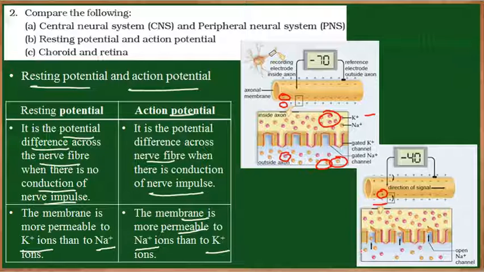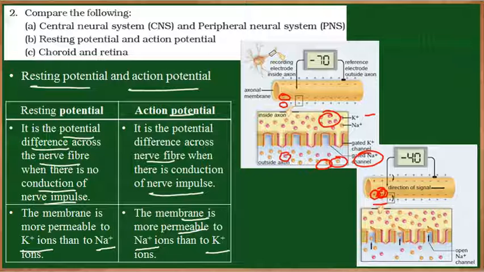So whenever there is an electrical impulse, the sodium gated channels, here we can see these are the sodium gated channels, which are closed in a resting membrane potential. These sodium gated channels open when an action potential is there, allowing the sodium ions to enter inside the axon. When sodium ions enter, the inner region of the axon becomes more positively charged. So this generates an action potential,